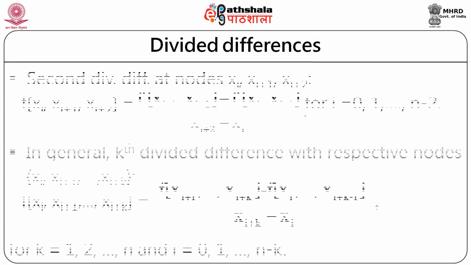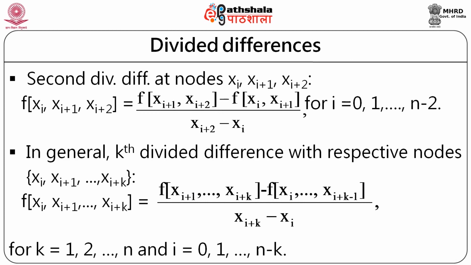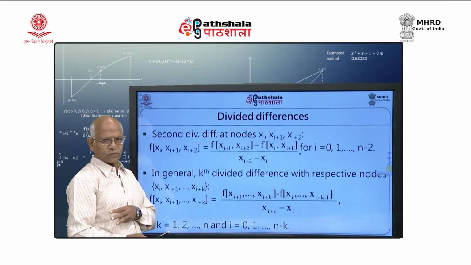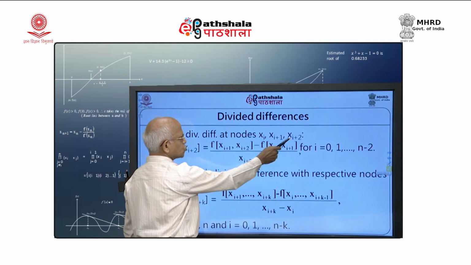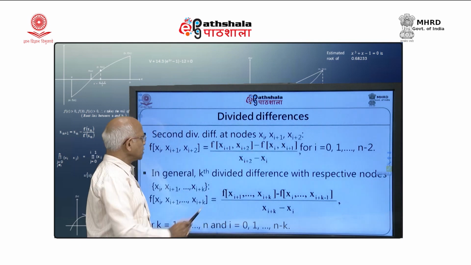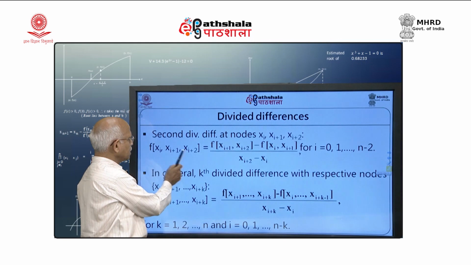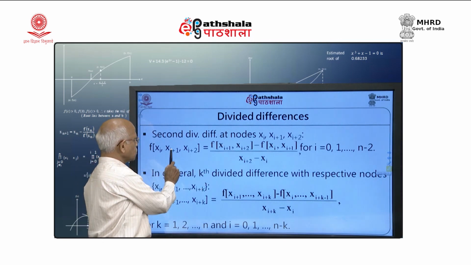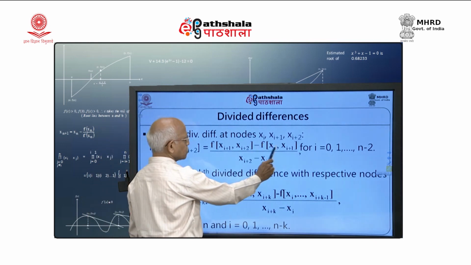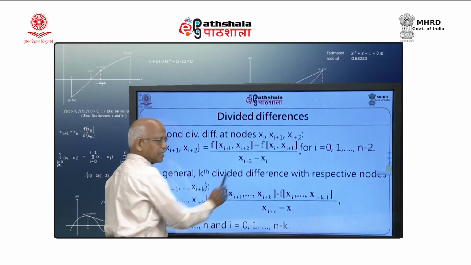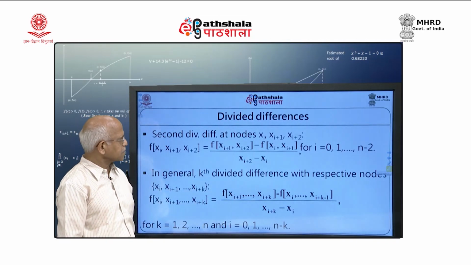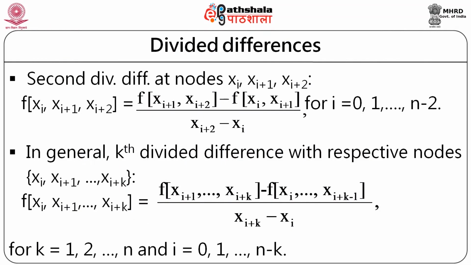Then we consider the next, the second divided difference, at nodes. So again there will be 3 arguments now. In general, I will have the 3 arguments x_i, x_{i+1} and x_{i+2}. Then my divided difference is given by taking the first divided difference on the last 2 nodes and the first divided difference on the first 2 nodes, taking the difference of those and dividing by x_{i+2} minus x_i, and that is done for i equal to 0, 1, 2, 3 up to